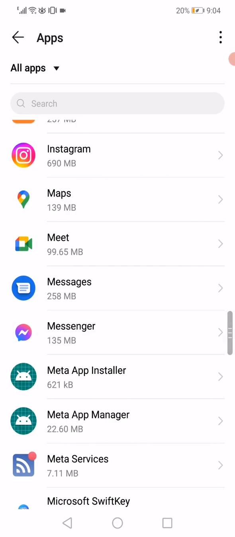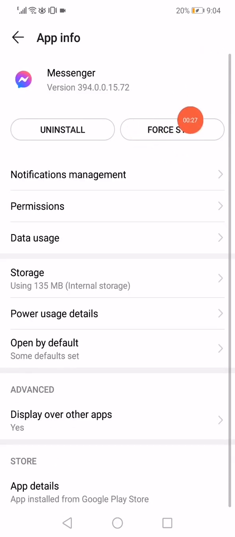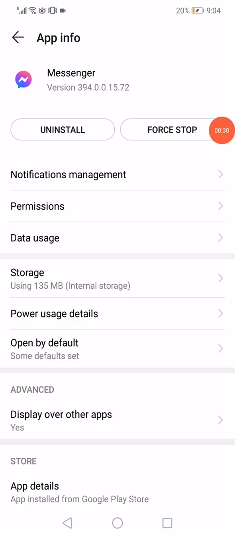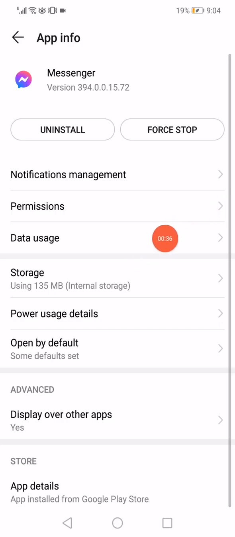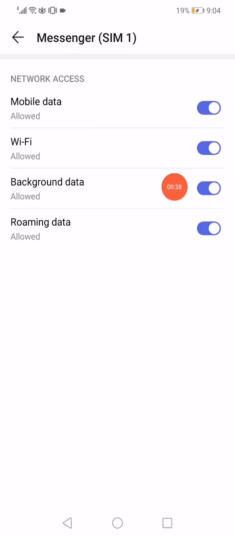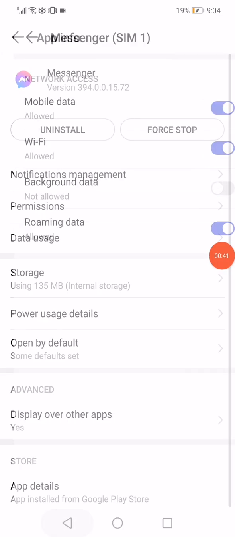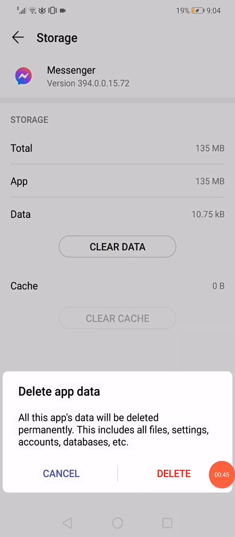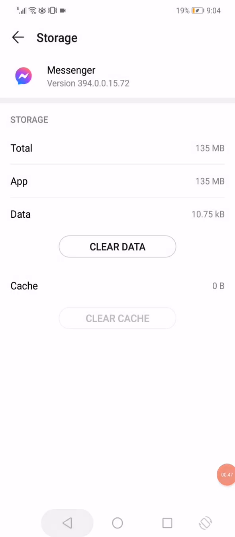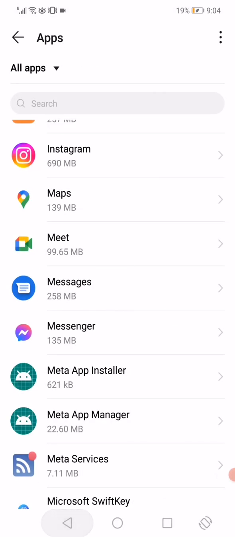When you find it, click on it, click on force stop, and then go to the permissions. Make sure that every single permission is enabled. Go back, click on data usage, disable the background data, go back, click on storage, click on clear data, click on delete. And now go to the settings on your phone,